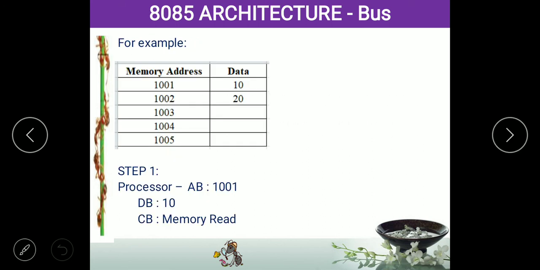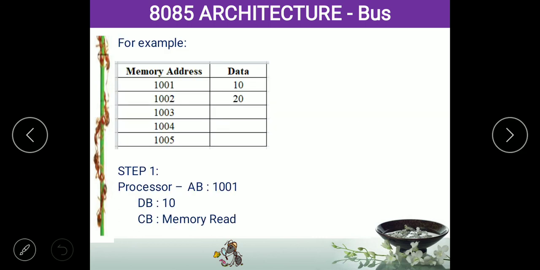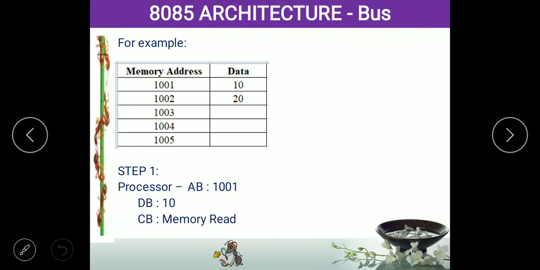Suppose there are two numbers, 10 and 20. The addresses of the numbers are 1001 and 1002. If you want to add these two numbers, you give these two addresses in the program counter and give the plus sign, so the processor will use the combination of transistors to do the addition operation, and it will get 30 as the output. That number 30 is stored in the accumulator. From the accumulator it is moved to a register, either the B register, C or D, wherever it may be moved. Up to this there are no issues.